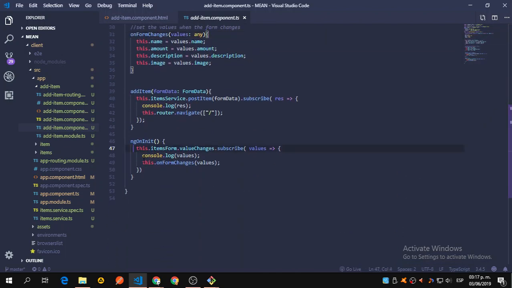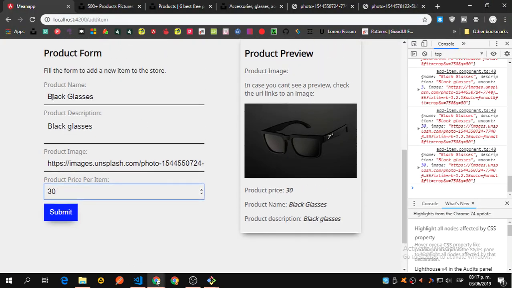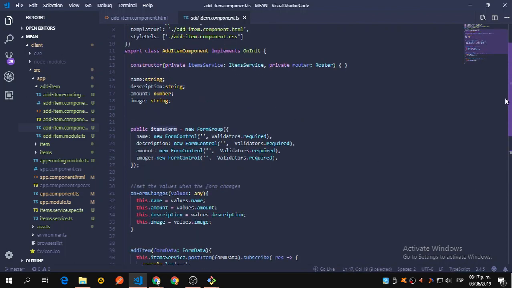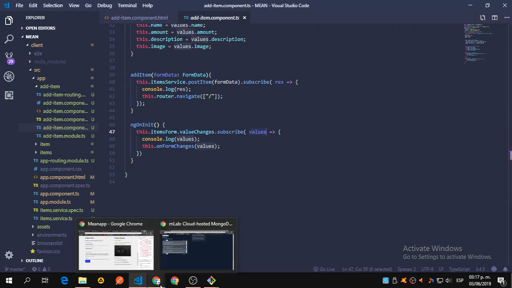and on init we are going to subscribe to the changes in the form. This is the only way we can get what we have on the inputs and pass it to some other place on the template. So we need to subscribe. And what is this items form? It is the form we actually have. So we need to subscribe to those values,